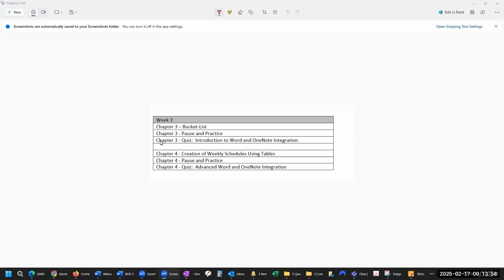These are the graded items. So the easy ones in terms of getting to, let me highlight these. You've got the quiz, chapter 3 and chapter 4.